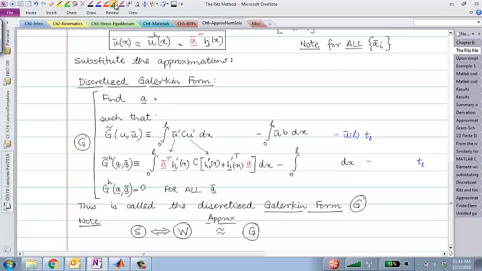I'll do the same thing for the boundary force term. So u bar here is equal to a bar transpose times h vector of x, and the body force function b, and minus the boundary term. That would be, I'll write that still in red, a bar